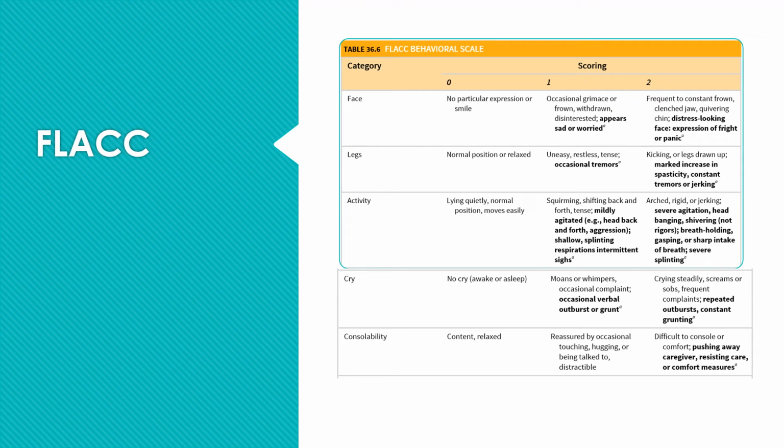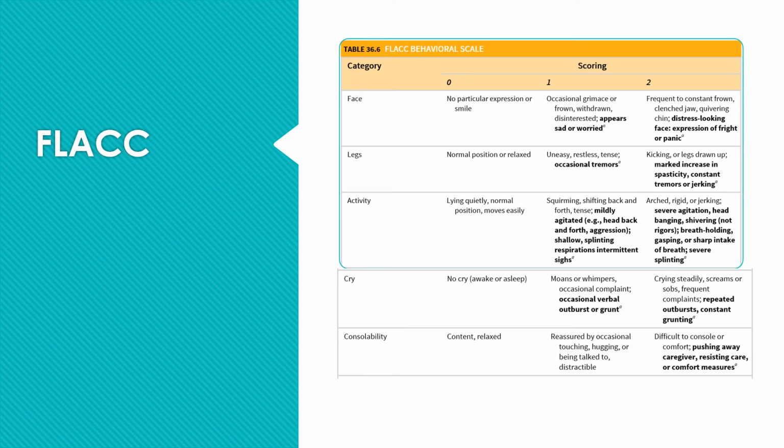So this is the FLACC scale, and you can see FLACC stands for face, legs, activity, cry, and consolability. You can see the scoring is 0, 1, or 2, meaning the highest score is 10 and the lowest score is 0. So if you're thinking about even your visual analog, right? 0 to 10, 0 no pain, 10 being the worst pain ever. This is just going to give this to you as you observe your behaviors of your patient.